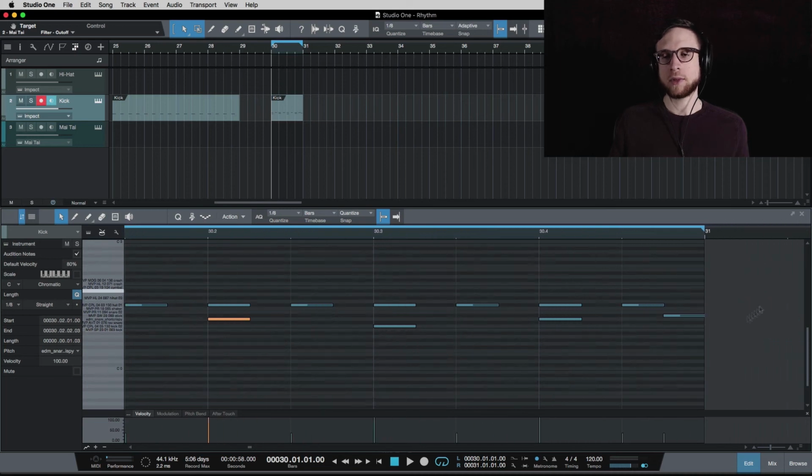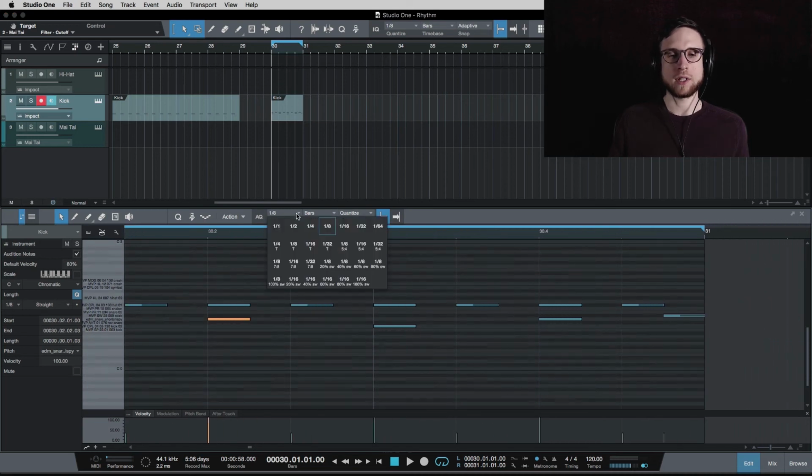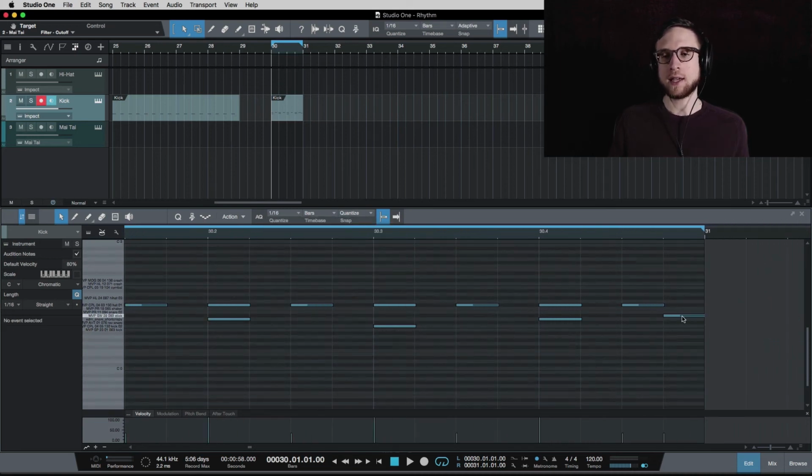And then we have this last little hit I put in here, which if I go onto the 16th grid, we can see it's hitting on a 16th note at the very end. So if we listen,